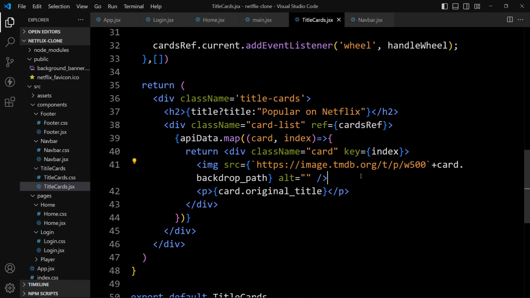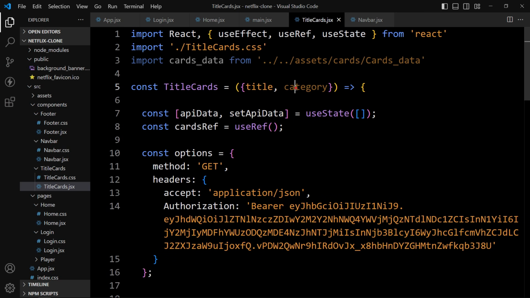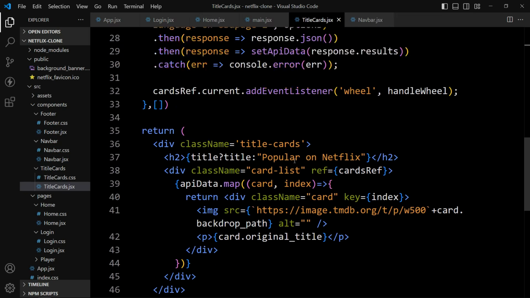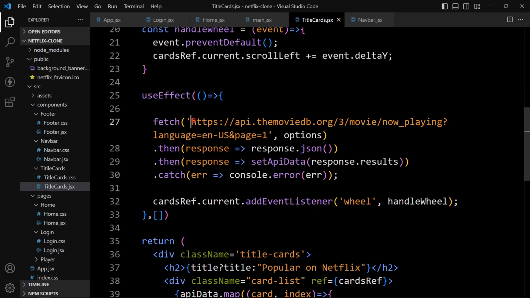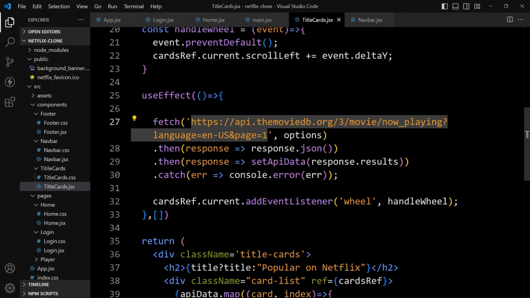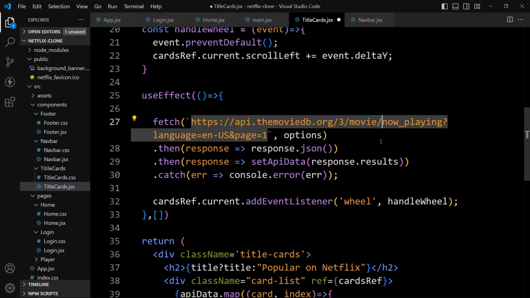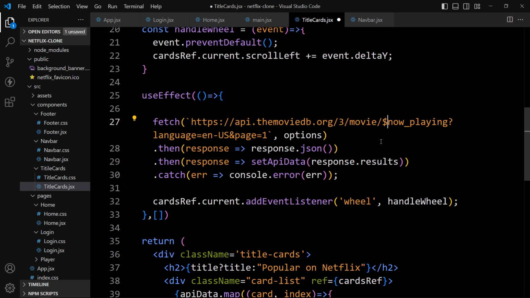So let's come back, and here we have added the category. So now we will use this category prop. So let's copy this one, and here in this fetch URL we will update this now playing, correct? So here we will add the template literal. So let's remove this single quote and add backtick, and at the end also we will add backtick like this. Now here we can add the $ curly braces to add the prop data. So let's add $ curly braces, and in this one